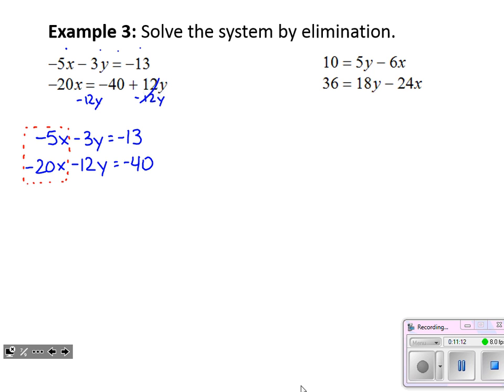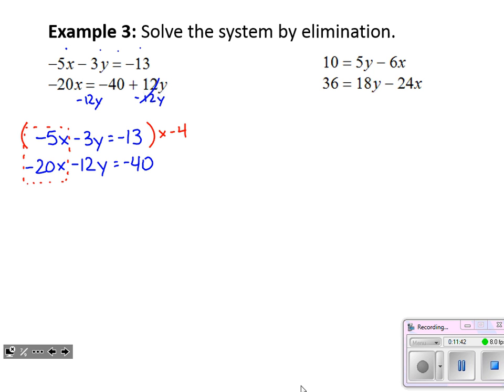But instead of one of them saying negative 5, the other saying negative 20, I'd like for them to be like negative 5 and positive 5, negative 20 and positive 20. So I just need to think, how am I going to adjust to make that happen? And what I decide is that I'm going to multiply the top equation by negative 4. As long as I'm treating both sides of that equation equally, I'm not breaking any math rules, but in multiplying by negative 4, I should get that type of cancellation set up.